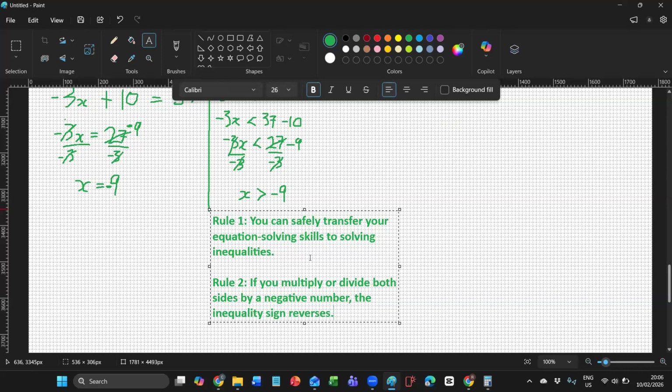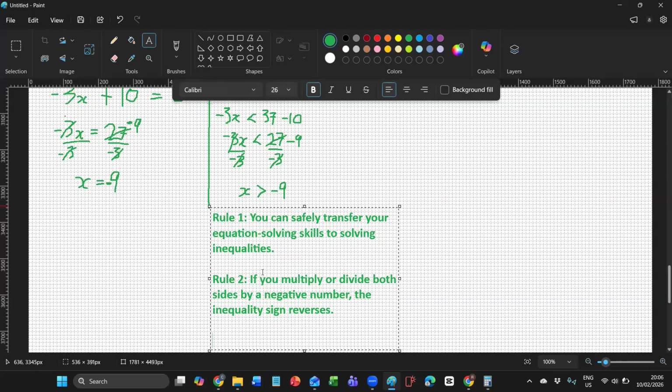So let's talk about another situation that makes the sign reverse, and that is going to be rule three. Okay, are you ready for rule three? Yes, sir. Rule three says that